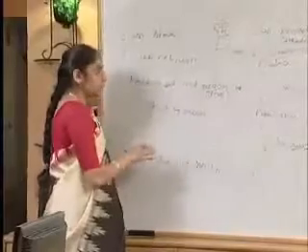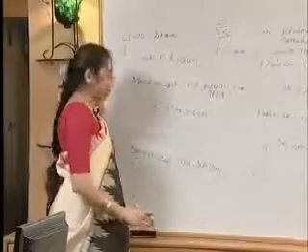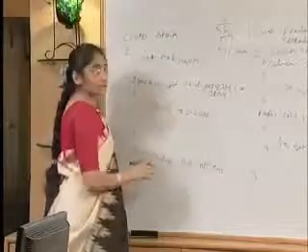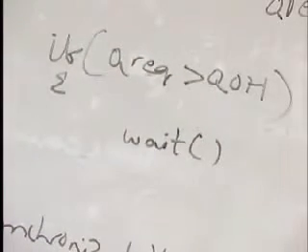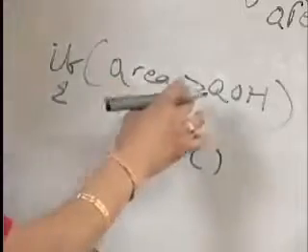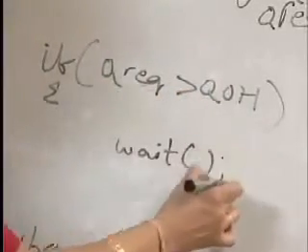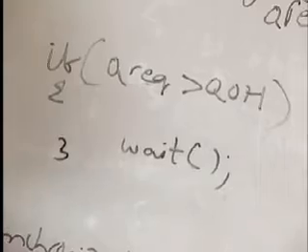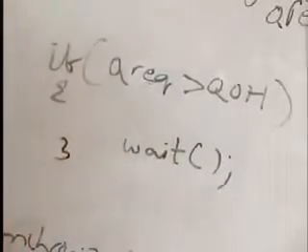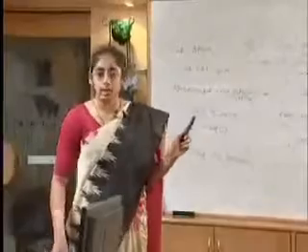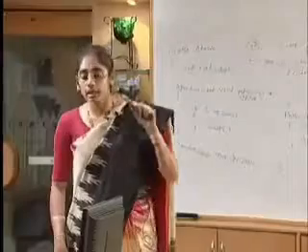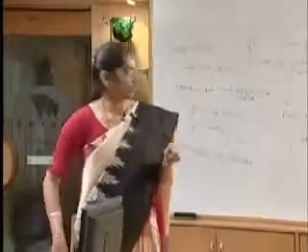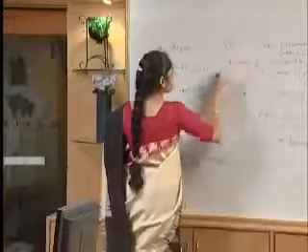In order to release the lock so that any other thread can access the lock in such deadlock situations, we invoke the wait method. This is where the wait method comes into the picture. If quantity required is greater than quantity on hand, we call wait. Now what exactly does the wait method do? It puts the thread, the consumer thread, into a wait pool by releasing the lock on the object. So it releases the lock and goes to the wait pool.